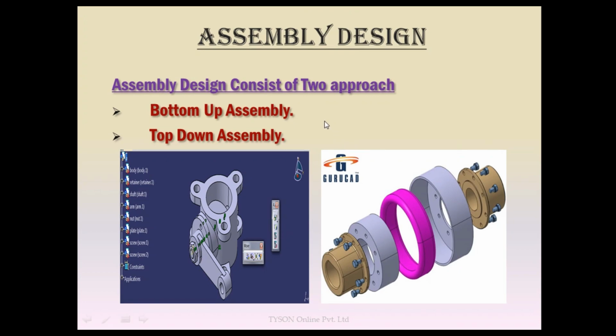So in bottom up assembly, first, parts are already created. You can see the left side picture, a butterfly valve assembly is shown. Separate parts are created in Part Design, and then one by one the parts are called and assembled according to their position. Various constraints are applied, say coincidence, surface contact, angle, parallelism, perpendicularity. So this is bottom up assembly. You have to call the parts and assemble them according to the requirement.